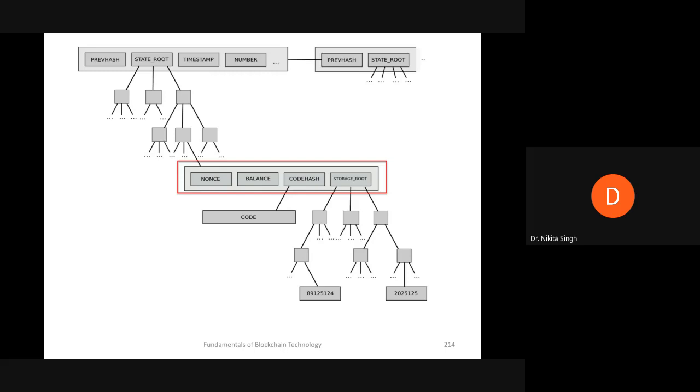Now, when you're talking about the Bitcoin blockchain, you are creating a Merkle tree only for the transactions. The reason you are doing so is because there is only one kind of transaction happening on your Bitcoin blockchain, which is transferring of BTC from one account to another. It is a payment system. You are making payments, and those transactions are the transactions that need to be stored on your blockchain.